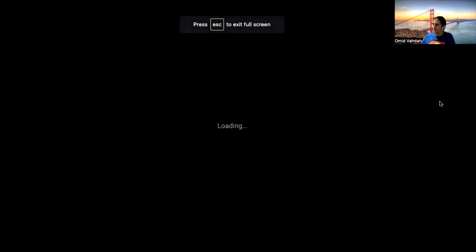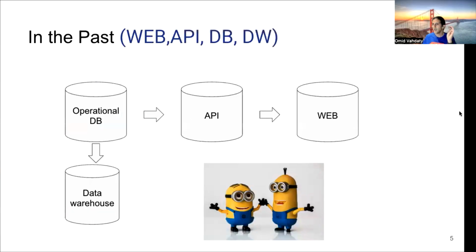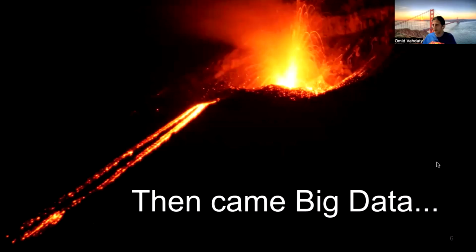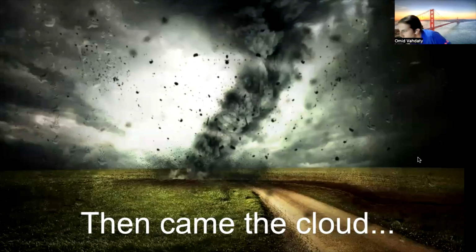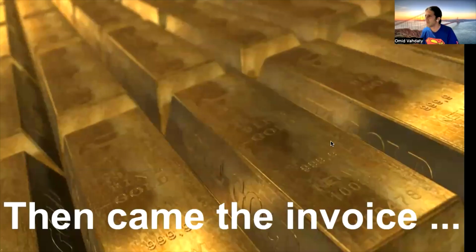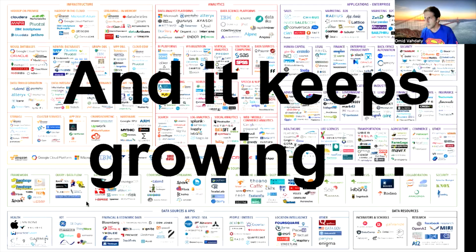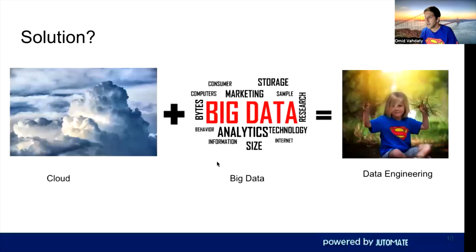So in the past, everything was simple. We had a 3-tier architecture, operational DB, and API, and web server, and then everything was copied to the data warehouse. Then came big data, making everything much more complicated. And then came the cloud, making it more and more complex. And then came the invoice, forcing us to take into account the costs when we work and design architecture. So it keeps growing and becomes very complicated. And my methodologies, taking the best of two worlds, cloud methodologies and big data methodologies,